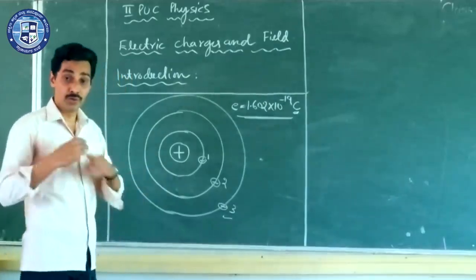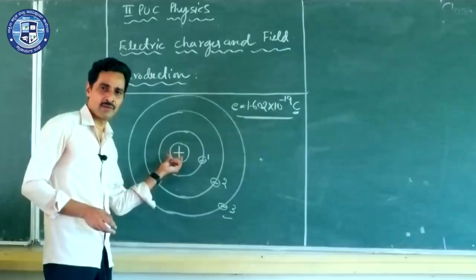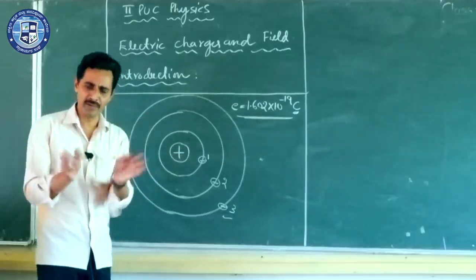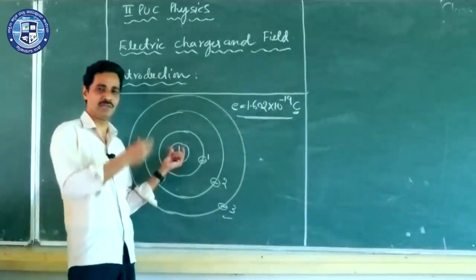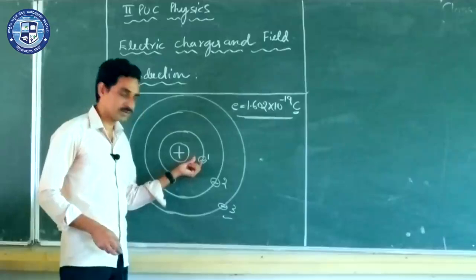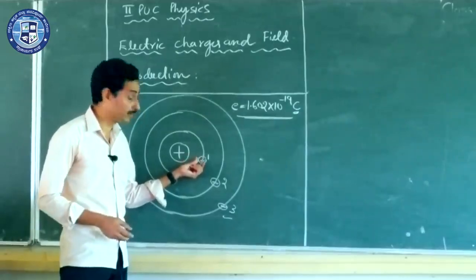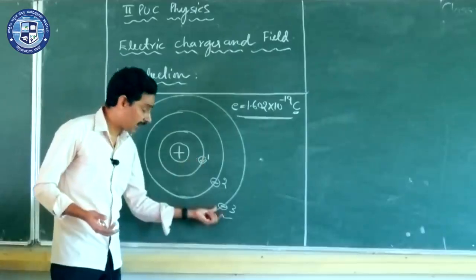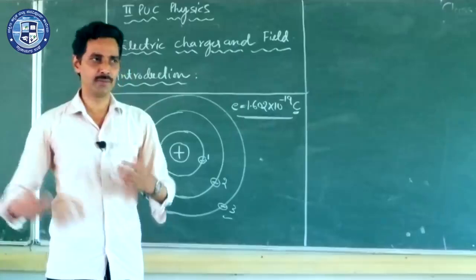Now, all the protons will be very safe inside, like they are going for a quarantine. They don't come out. They are sitting very strictly following the quarantine rules inside the nucleus. What about electrons revolving around the nucleus? Out of those electrons, some are very busy revolving around, they don't come out, and they need a lot of energy if they want to come out. And the outermost electrons are very loosely bound. You can give some amount of energy and you can remove them.